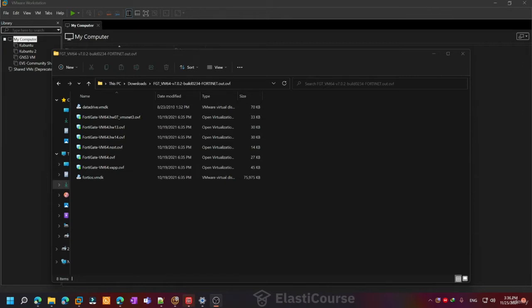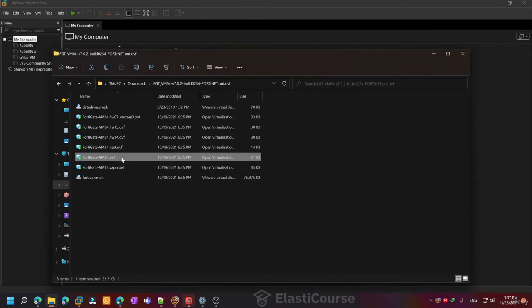Now, once you download the compressed file and you extract it, you should get a few files to run the virtual machine. The main files that we are interested in here are the disk files, like the FortiOS operating system, and also the data drive, which represents a log disk where system logs and traffic logs are getting stored. Now, also there are a few OVF files that represent templates to run different virtual machine settings in different platforms. The one we are interested in is just the plain